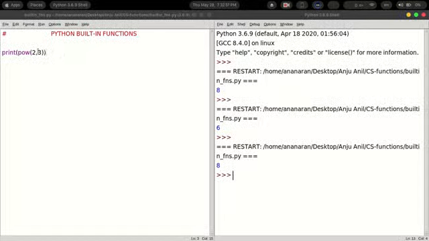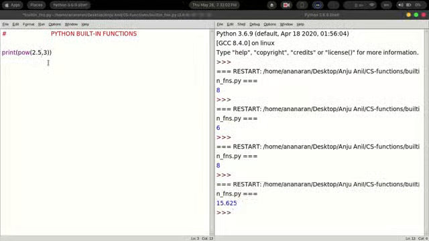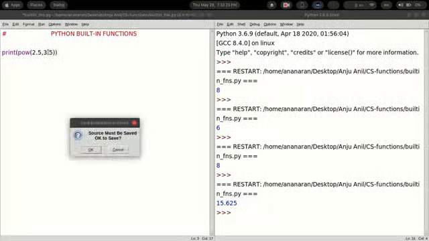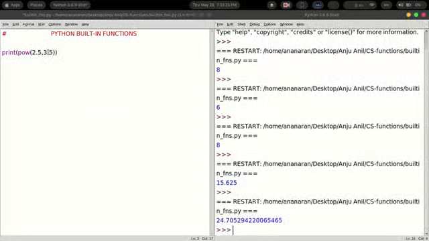Now if you are making use of 2.5 and you execute this program, you will get the value as 15.625. That means the value that you are specifying over here need not be an integer value, it can be even a decimal value. Similarly, if you are using any power which is in float also, float means the decimal, we will get a value according to that. That means 2 raised to 3.5. If we want to give like that also, it is possible.